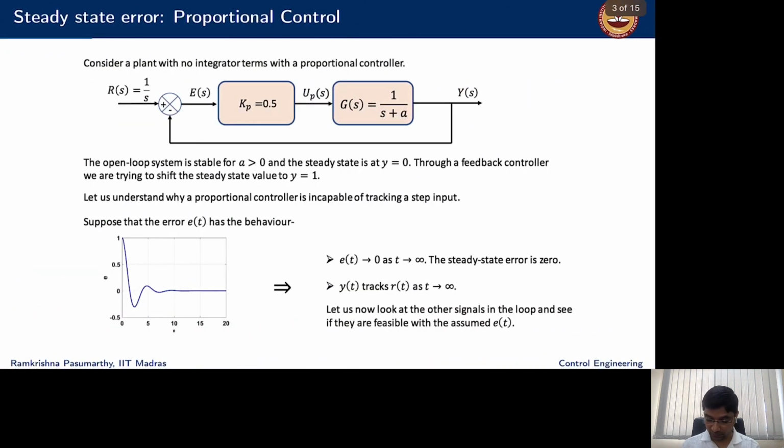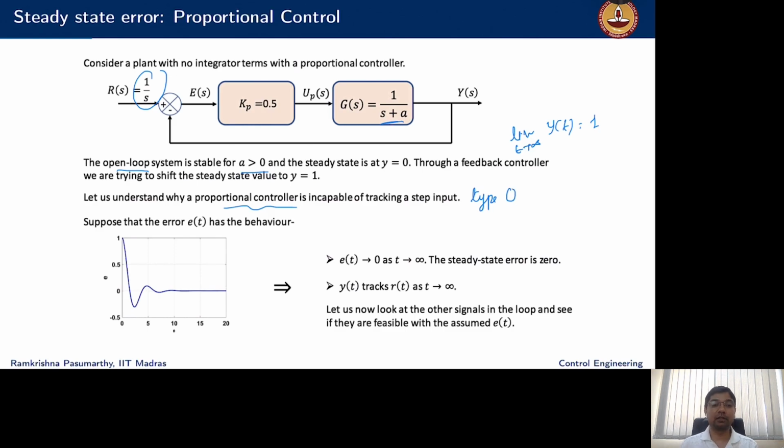Let us start with a simple proportional control. I take a simple plant, a first order plant with transfer function 1 over s plus a. For a greater than 0, the system is always stable, and at steady state, the open loop will have y equal to 0. Through a feedback controller, we are now trying to shift the steady state to y equal to 1. So at steady state, I want y of t to be equal to 1 as t goes to infinity. Essentially, it means that I want to track a reference step. So we did, with the help of a type 0 system,